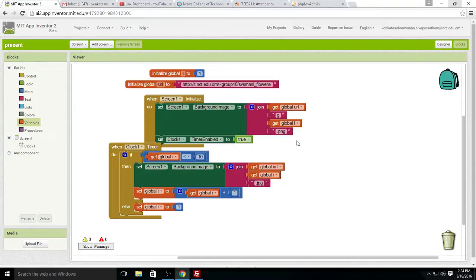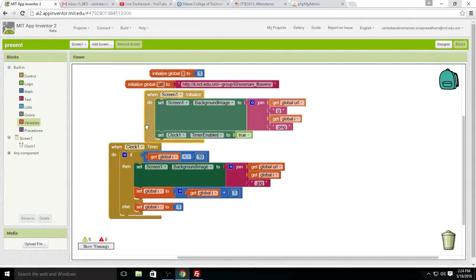And then clock 1, timer enabled is true. Okay, now I am checking here. So I have, I think, now 9 images. So altogether, when it is less than 9, then do these things. If it is greater than or equal to 9, I want to do this presentation again